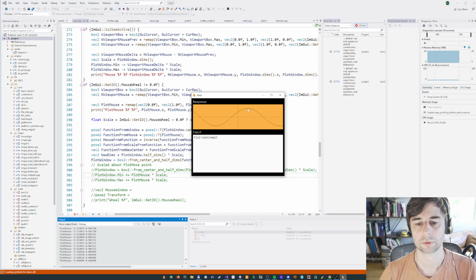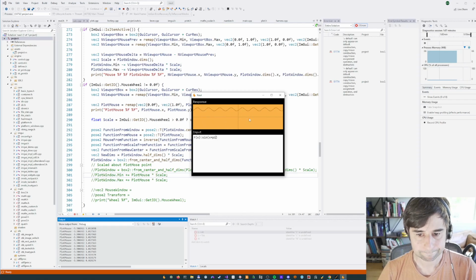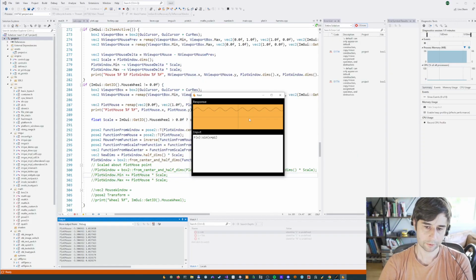Look at that. So it's a little bit off, not because the math is off, it's because the cursor can't be perfectly on the place. But look at that. If I'm really careful,